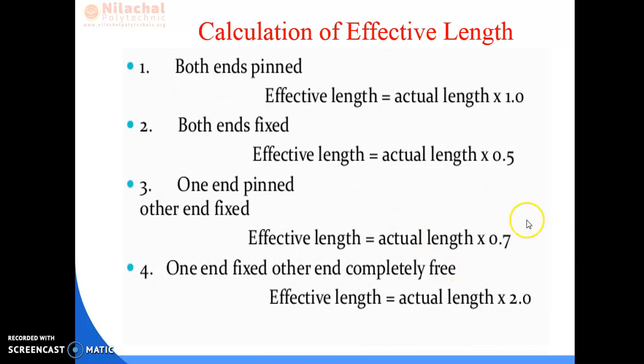Effective length for both ends pinned is actual length into 1.0. Similarly, for both ends fixed, effective length will be actual length into 0.5. For one end pinned and the other end fixed, effective length will be actual length into 0.7. If one end is fixed and the other end is free, then effective length will be actual length into 2.0.